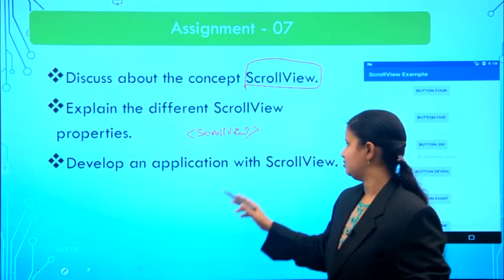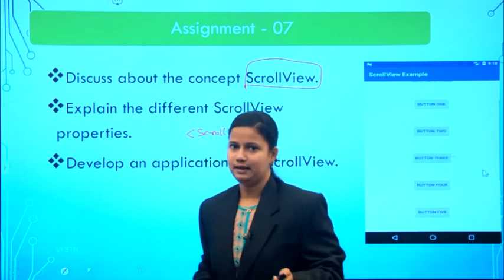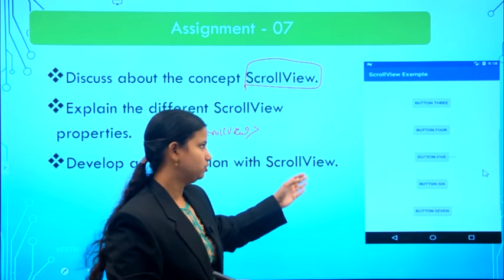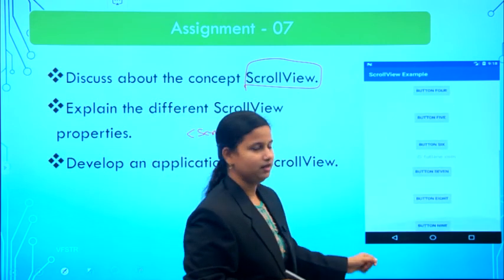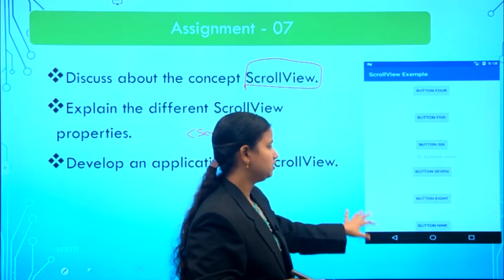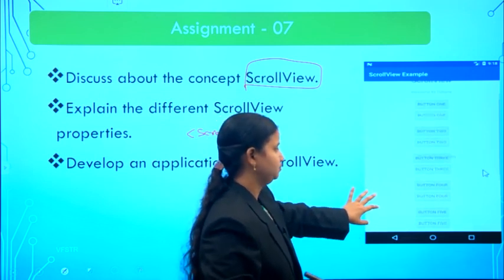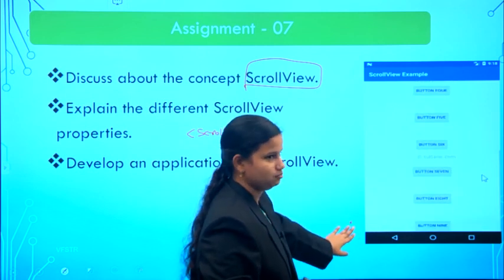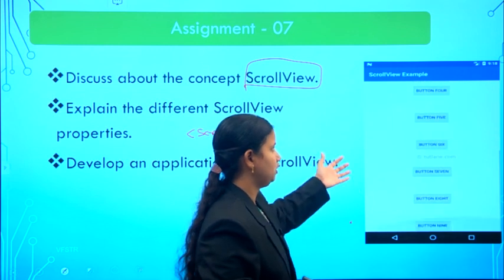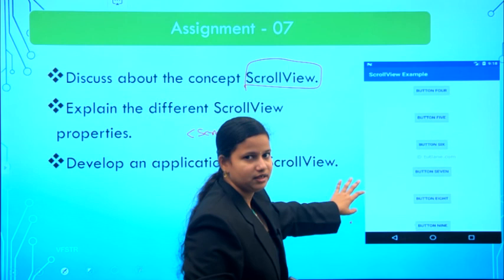And the next one is to develop an application with a scroll view. All of you develop an application for the corresponding output by using a scroll view. Whenever you see this example, it will contain nearly 9 buttons. These 9 buttons will occupy more space than the activity space. The user interface will occupy only 5 buttons, but it has 9 buttons.